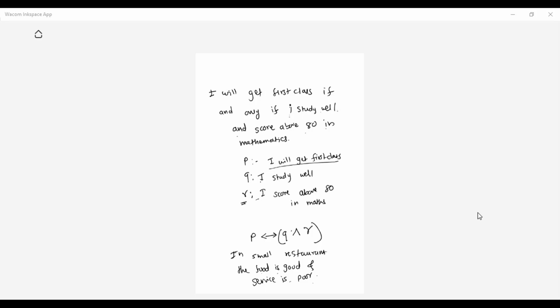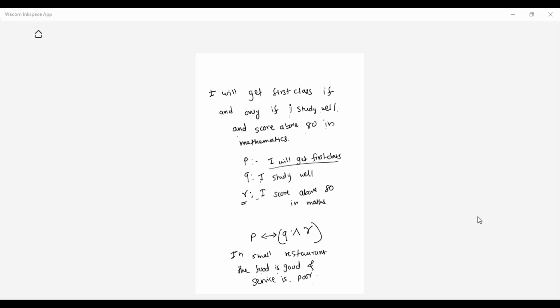Okay, when you have a negation, see, they have given service is poor. So whatever they have given, put it as Q instead of going for the negation. Don't do that. Food is good is P. So simple, P and Q. Don't go into complication.